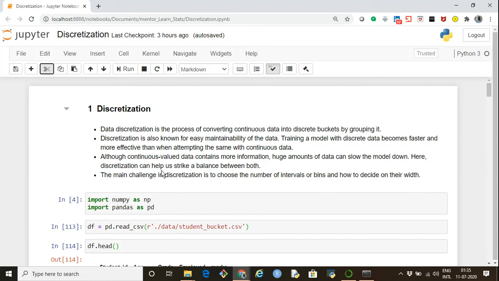Let's take an example. Let's say we have gathered the weight of people, and we want to convert this weight column into a categorical column, that is, we want to discretize it. So how do we do this? We can create a range for each category. Let's say we have three categories: underweight, normal weight, and overweight, and for each category we specify a range. So that range becomes a bin width,